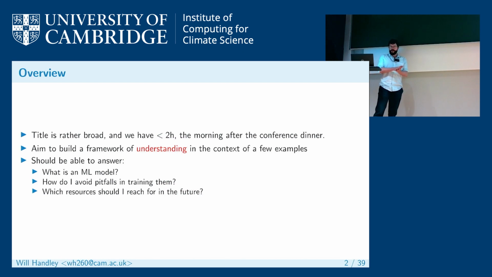until we get to some of the leading edge kind of questions in training machine learning models. And the aim of the talk is, more than anything else, to build a framework of understanding so that when you hear words like an Adam optimizer or a He initialization process, there's a level at which you kind of know where to fit this within your understanding of neural networks or scikit-learn or otherwise. And the aim of this, ideally, you should be able to define what we mean by an ML model rather than something else, what the general pitfalls in training them are, and which resources you should go to